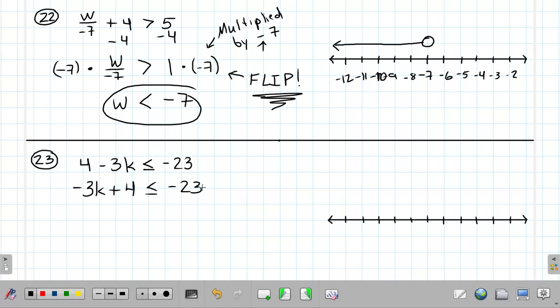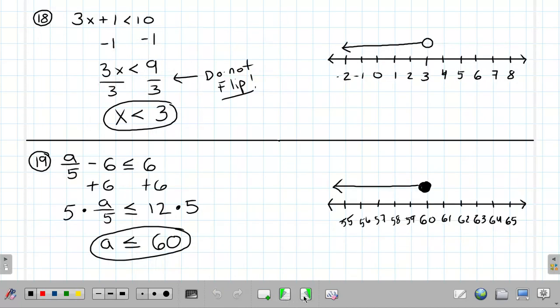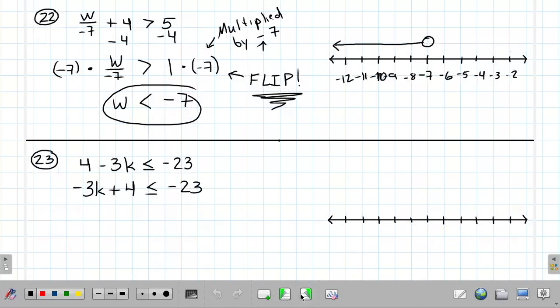So everybody can maybe see what I had to do with number 23 here. All I did was I flipped my terms around. So -3k plus 4. And now this one's going to work almost exactly like number 20, where we would subtract 4,